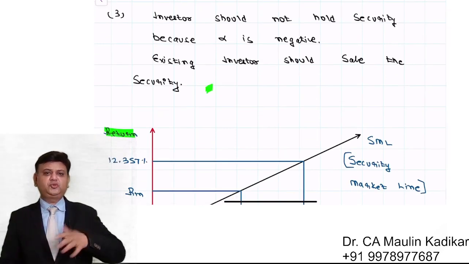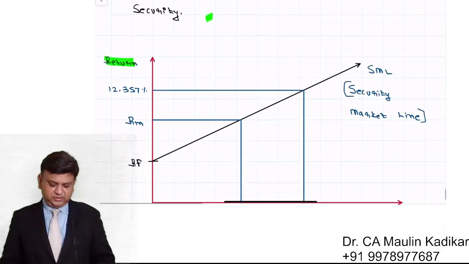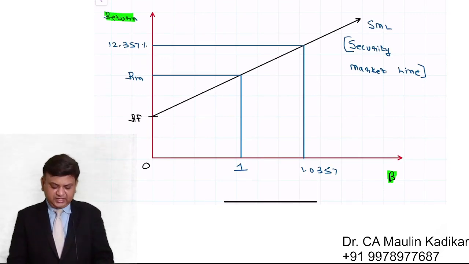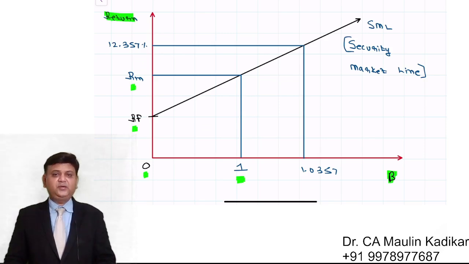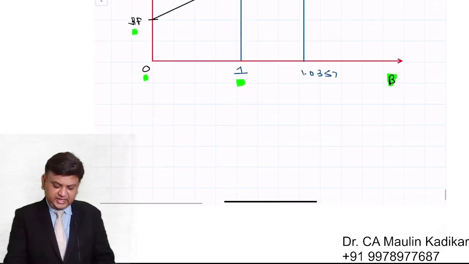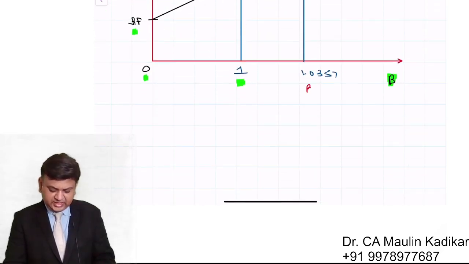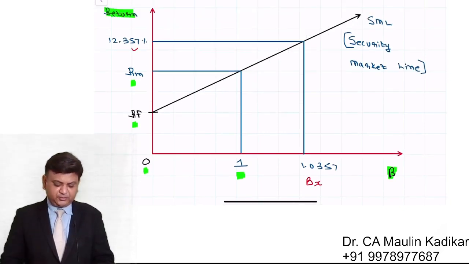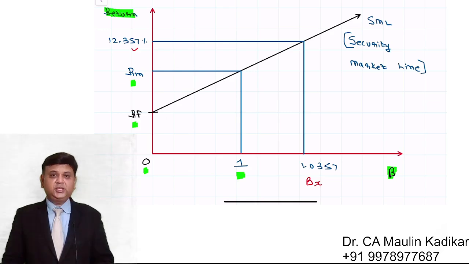अल्फा नेगेटिव है तो क्या बोलेंगे, सिक्योरिटी अगर आपके पास है तो उसको बेच दीजिए। फिर ये डायग्राम है इन विच वी अंडरस्टैंड दैट बीटा 0, in that case the required rate of return is equal to RF, beta 1, in that case the required rate of return is equal to the return on the market portfolio। ये सिक्योरिटी x का बीटा है जो कि 1 से ज्यादा है, then in that case the required rate of return would be proportionately more, that is 12.357। That is what we understand।